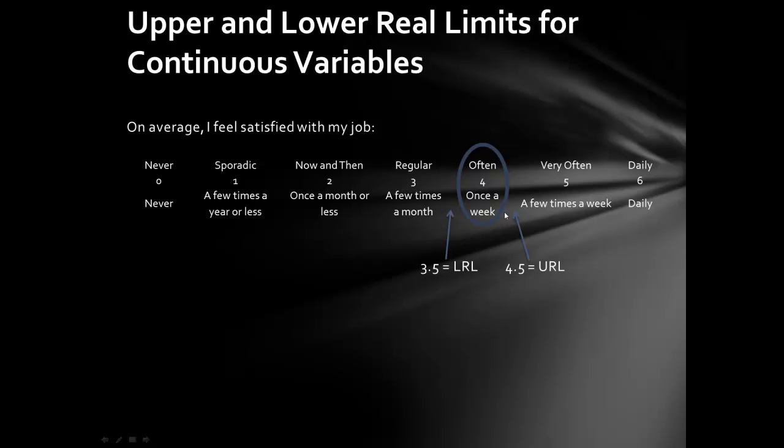So this is kind of an abstract example of how whole numbers can be assigned to continuous variables, and how the lower real limit and upper real limit actually represent the full range of feelings or responses that could still be considered a 4. A more straightforward example would be, how many hours did it take for you to finish